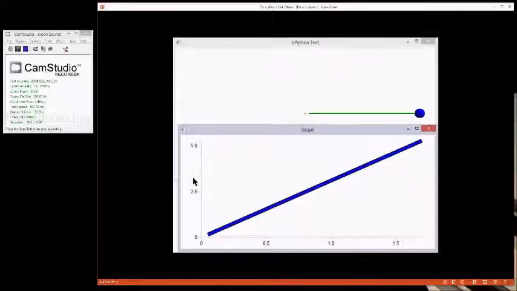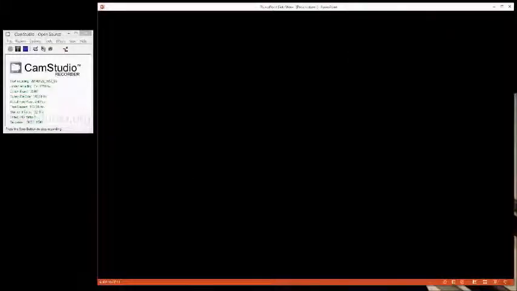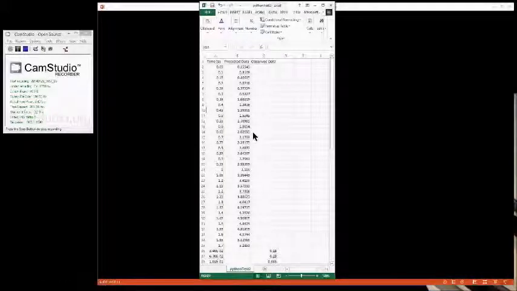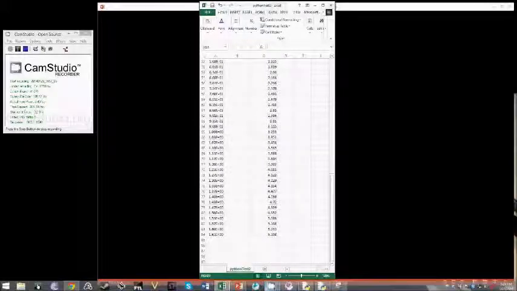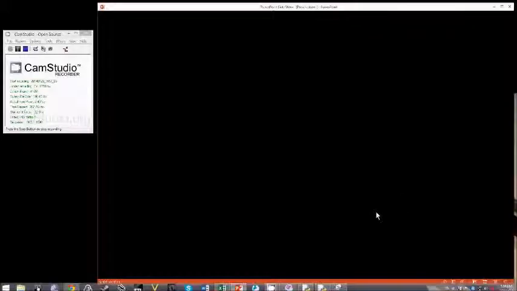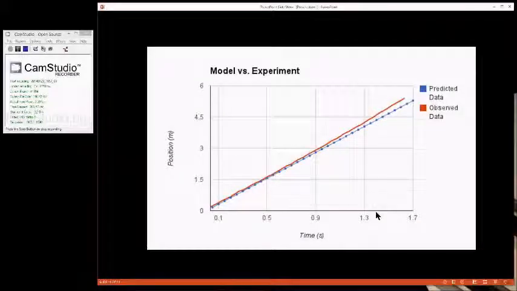And this is what Python came out with. As you can see, the line is relatively linear, and if you remember the graph in Tracker, it looks very similar. And here's all of the information in Excel, which I'd use to make the graph. And here's the graph. As you can see, the blue is the predicted, the red is the observed, and it's rather linear,